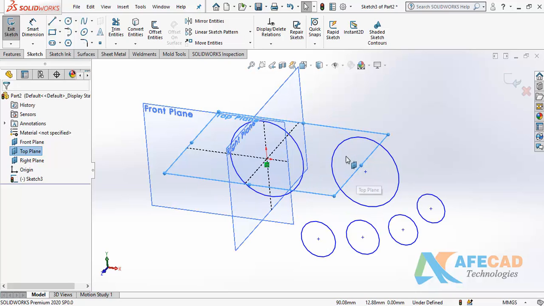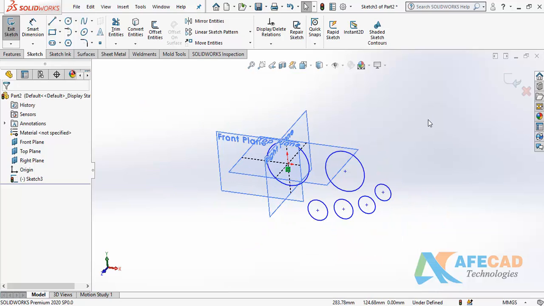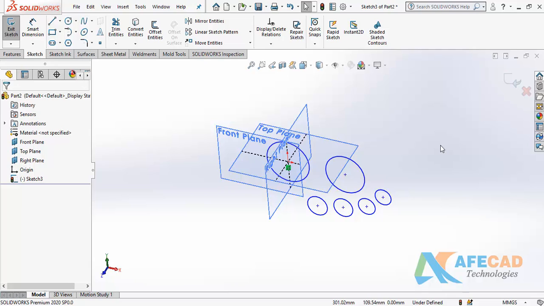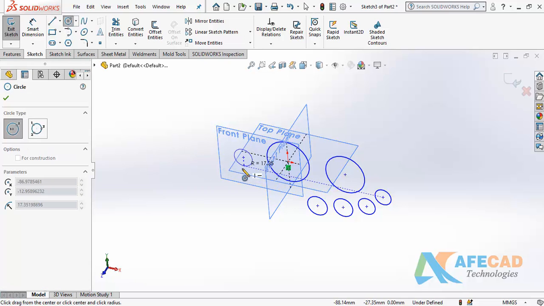And one more thing, your sketches, your objects are visible in blue color or black color. When we apply fully defined constraints, your object will be in black color. Right now I did not apply the constraints, so it shows in blue color. So I am in the sketcher, I am going to orient, but if you want to create something here again, you have to come in the normal to view. Normal to means if I create something here, it looks like an ellipse.